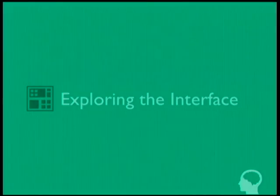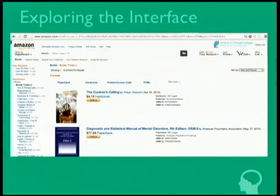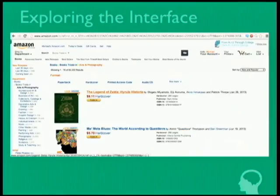So exploring the interface is where we're going, and we're trying to really find patterns, and find information that we can exploit to our advantage. On the left side of the page, we have the categories of books. We're going to click on the first one, which is arts and photography, just to see what it does. As you see, there are a lot of subcategories, or subfacets, of the category, and we got to notice a